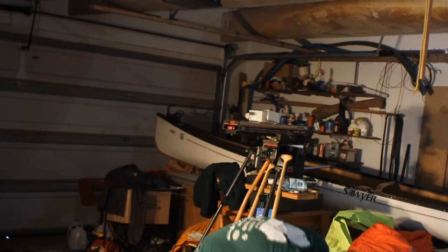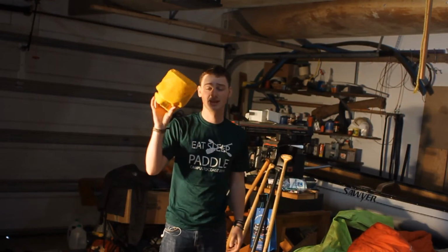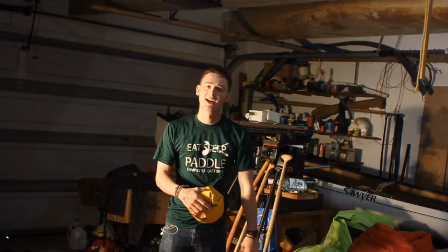As far as keeping all your emergency gear, I always keep mine in a brightly colored dry bag. This is my ditch kit. It's usually a lot bigger, but I just took everything out of it. I put this under my seat, that way if I start to go in, it's the first thing I'm going